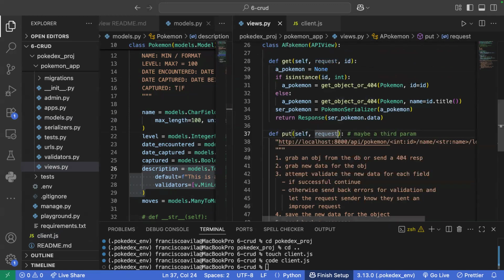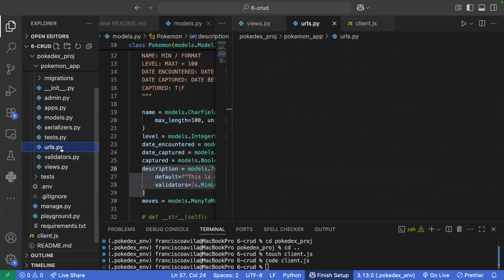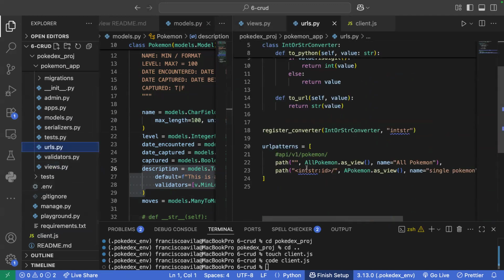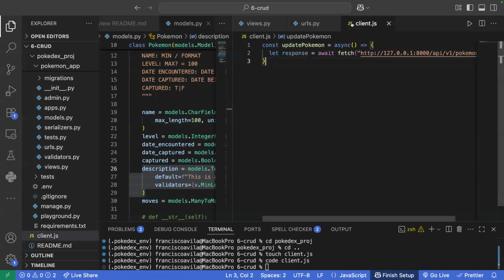So in order for this a Pokemon view to be triggered, I'm going to go to my URLs. And I'm noticing that I'm also sending an integer or string. So I need to make sure that I account for that. All right, let's go ahead and just send 1 for now. And instead of flooding my entire request here,